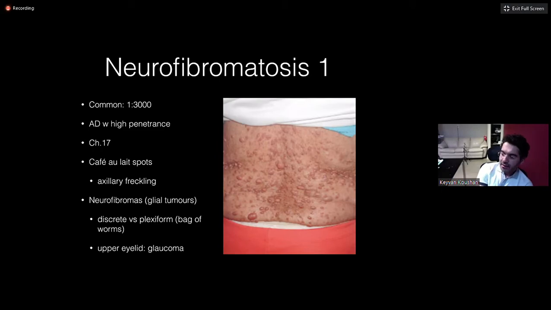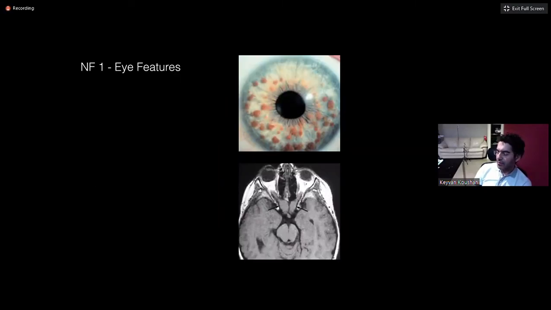Any symptoms that you have related to the upper eyelid, you have a 50% chance of glaucoma. So any of these things that affect the eyelid, you have a very high rate of glaucoma. Maybe just physical reasons, maybe your drainage system of the eye gets impaired. I'm not very sure. But if you see involvement in the eyelid, look for glaucoma. Again, when it comes to the eye,